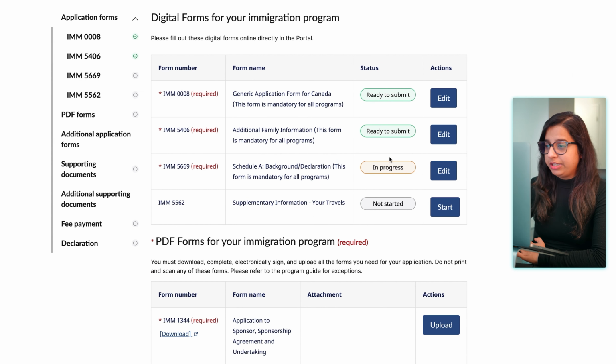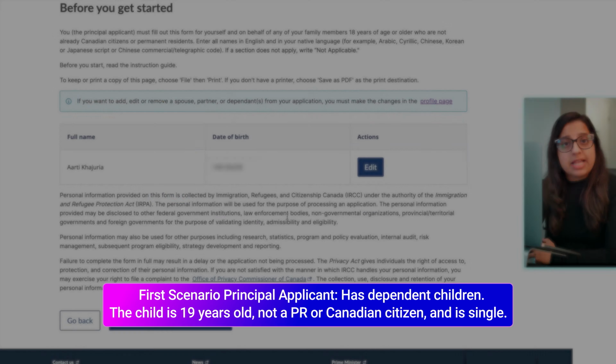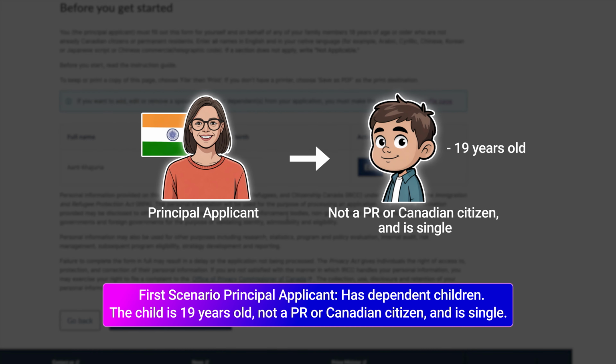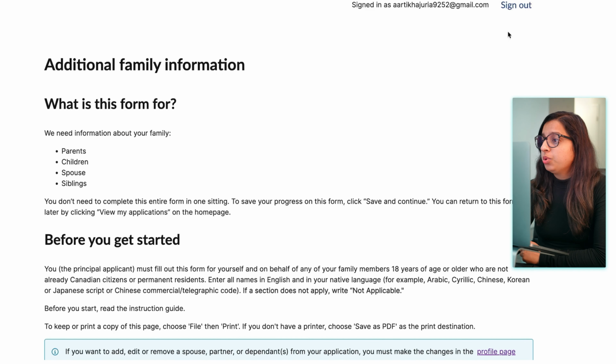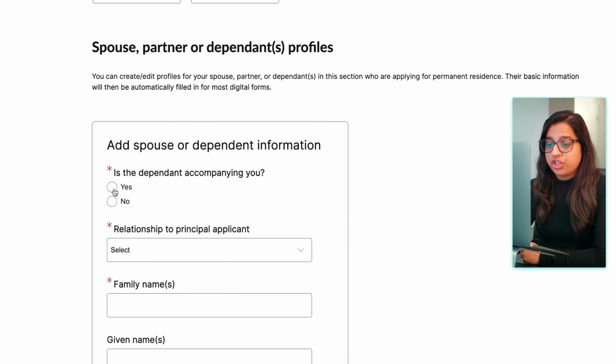So we have filled out these two forms. Now let's take an example of the dependent as well. Let's take two examples here. The first example, you have a child and your child is 19 years of age, older than 18 years. To edit that information, first we need to go to your profile page, dependent information, and add your child information